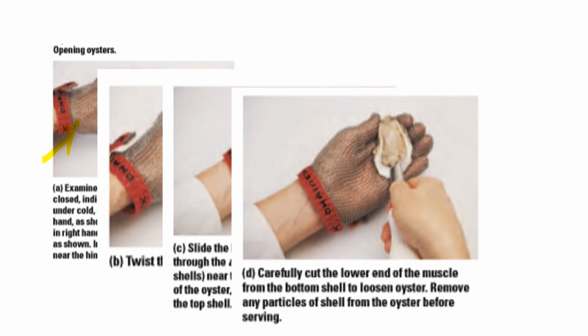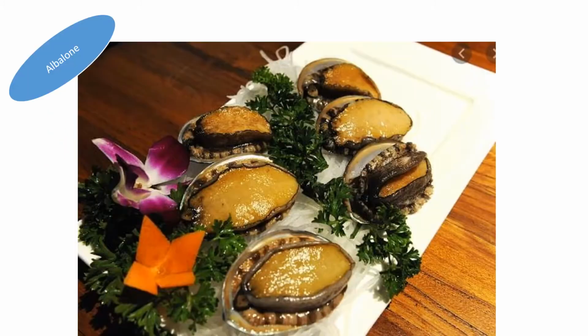Loosen the oyster from the shell, remove the pieces of sand particles or anything else, and then serve it. You don't want the guest to scoop out the oyster from the shell, because we first scoop it out and serve it in the shell after it has been scooped.